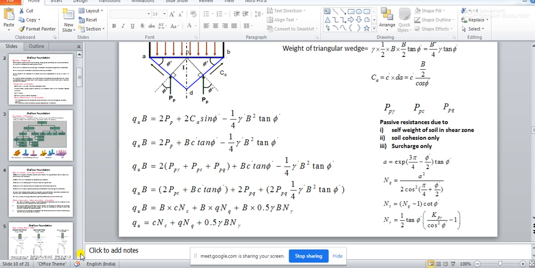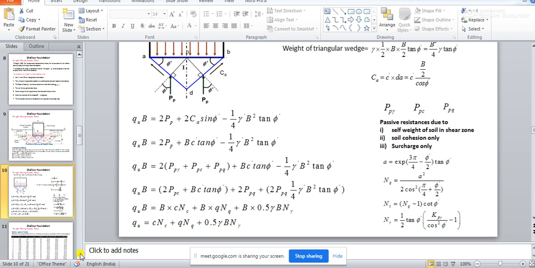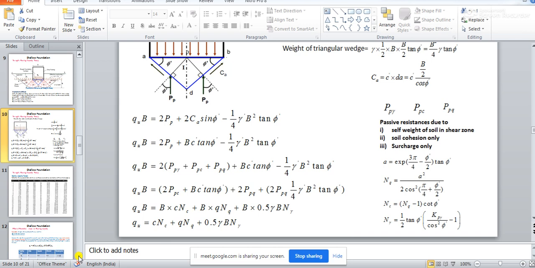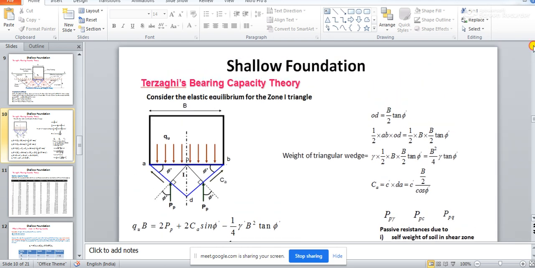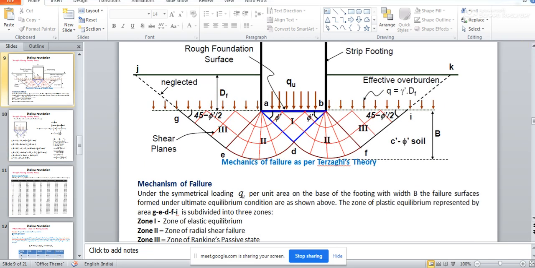So, in tomorrow's class we will be discussing more about this bearing capacity equation and how to calculate these values of Nc, Nq, N gamma, and what the codal provisions are, how you get it from the code. What will happen if the soil is not failing by general shear failure, if it is local shear failure, what will happen if the foundation is not a strip footing, then how do you apply Terzaghi's bearing capacity theory. All those things we will be discussing in the next class. Any question if you have, just 1 or 2 minutes.